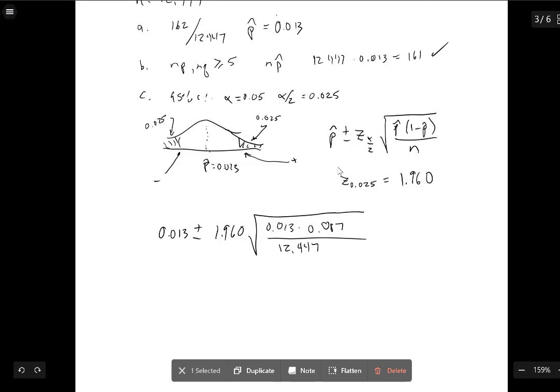As we do that, this comes out to 0.013 plus or minus 1.960 times 0.001. If you have enough decimal places in your calculator, that might go out a little further than just 0.001. Then we multiply that out, and we wind up with 0.013 plus or minus